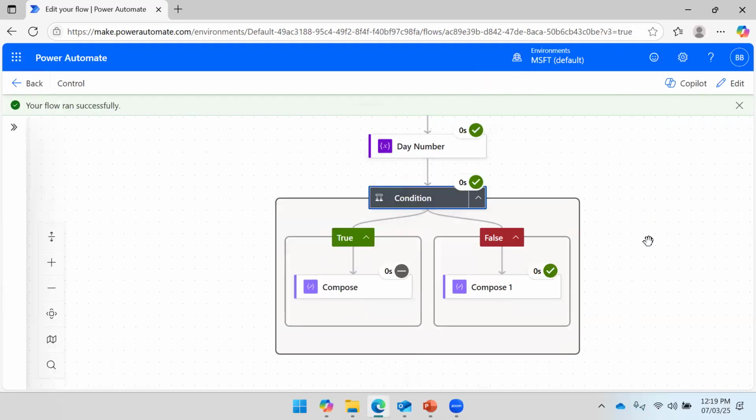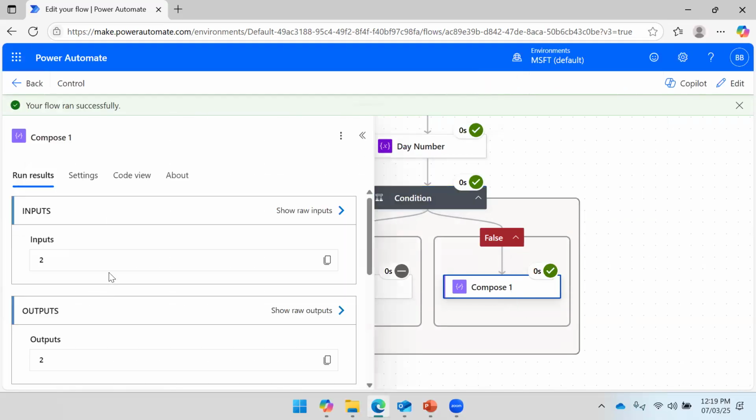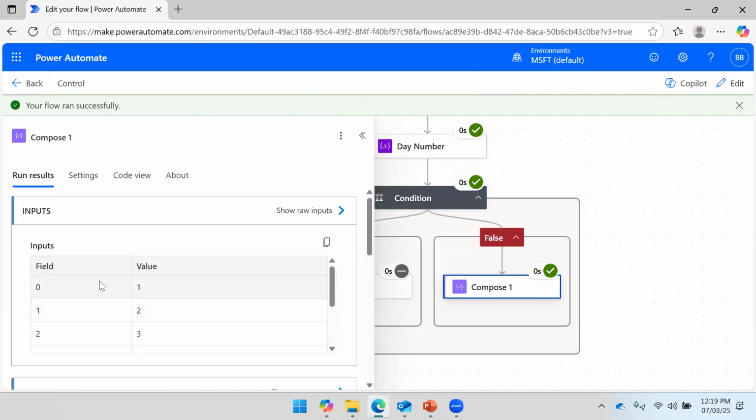So I will show you the compose of this. You can see the field's input values: the values are 1 2 3, and the index is 0 1 2 3 4 5 6. So this is how it works. Internally, the first field is referred to as the 0 index. So these indexes can be used. Let's understand how we can slice out the array. These indexes can be used